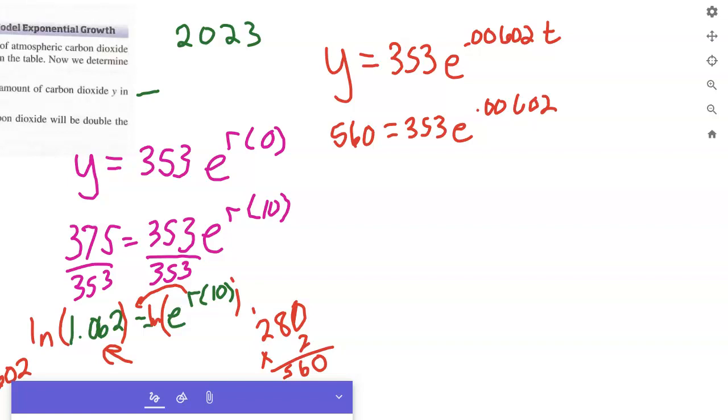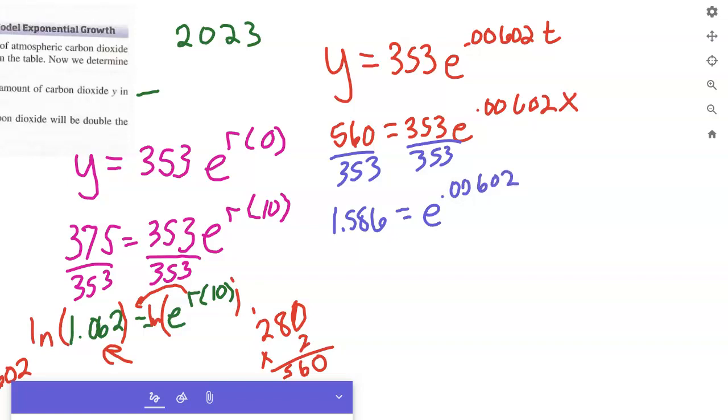Okay, so we've got 560 equals 363 e to the 0.00602 times x, or t, whatever you want to do. And so we're going to go ahead and divide by 363 to get that out of the way. Whatever that is on this side, if you divide it, it'd be 1.586. We'll leave it like that. e to the